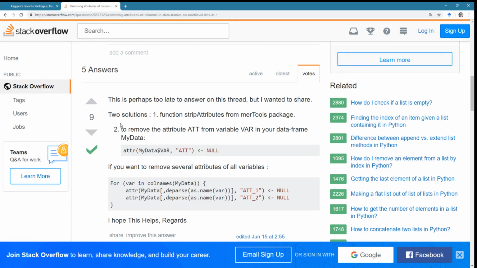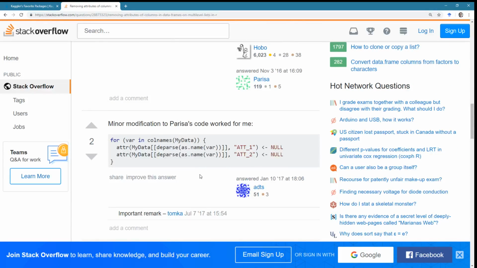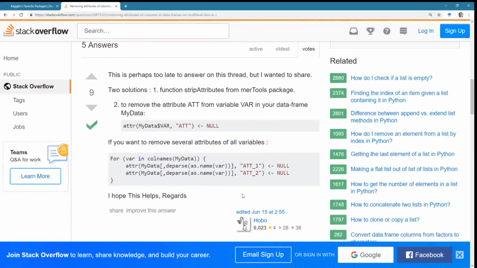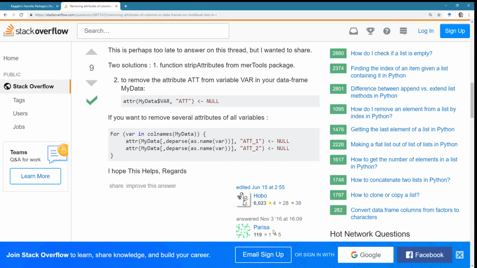To remove the attribute from a variable var in your data frame, my data, if you want to remove several attributes of all variables, hope this helps, regards. Minor modification to Sarah's code. This is Hobo's code. Oh no, sorry, Parisia's code, and it's been edited by Hobo. For variable and column names, my data, attribute my data, deparse as name variable, attribute 1.